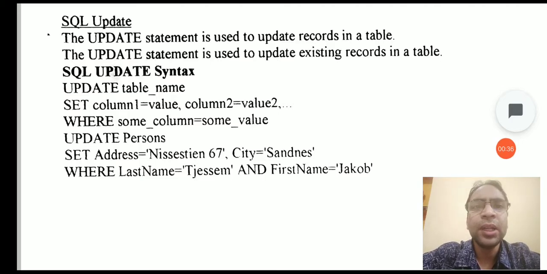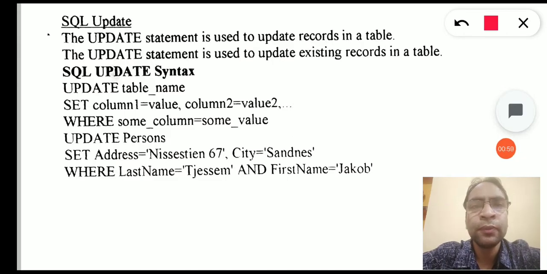The update statement is used to update records in a table, those records which already exist in a table. In this way we can update a single record as well as multiple records even in a single query. So let us see the syntax of this update clause.